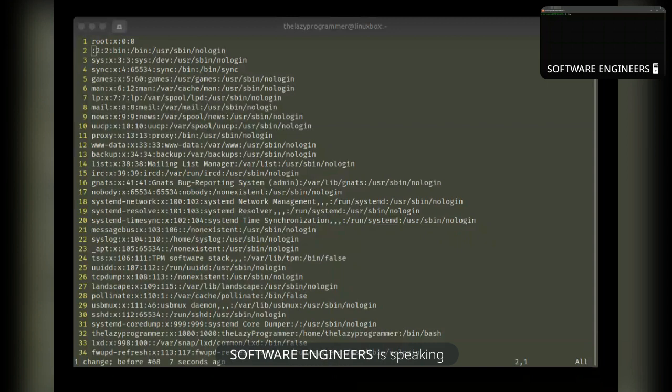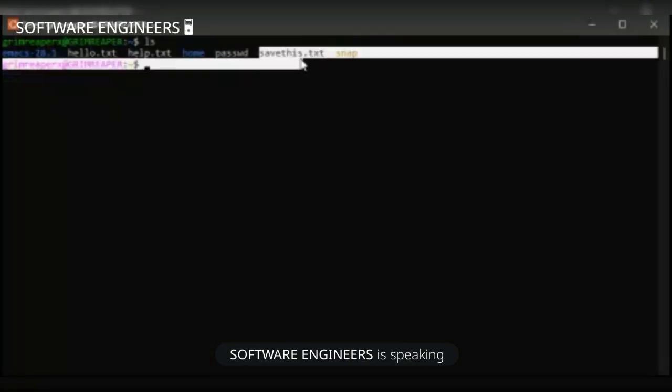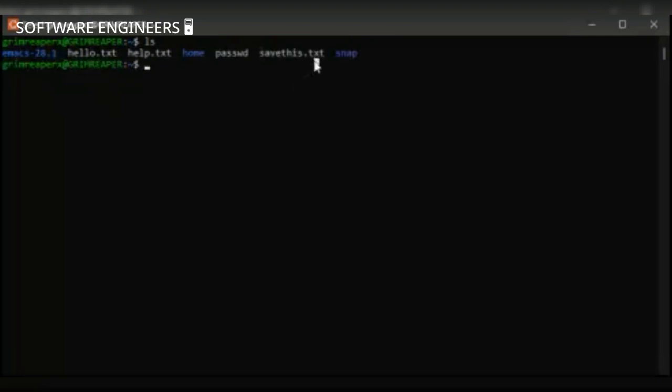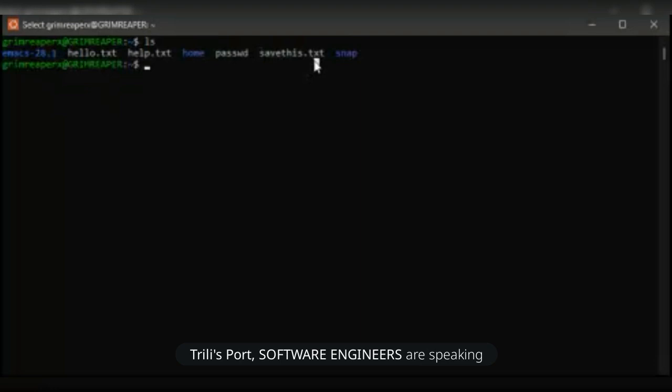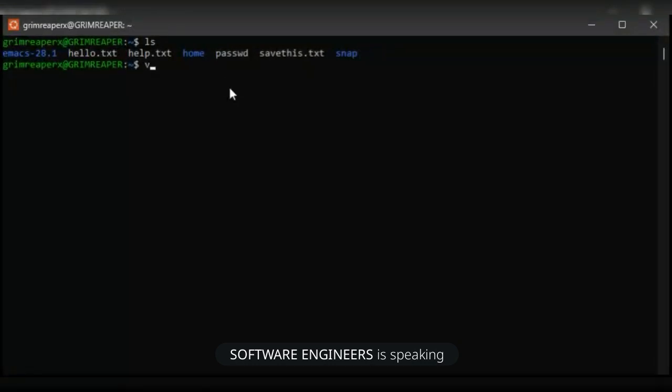Let me show you guys. Remember this file we created, save this.txt, when we created it using Vim, right? Remember it? Yes. Okay. So now, let's assume we want to work on this file. We want to continue to insert text inside the file. So we'll just simply say vim and then the name of the file, save this.txt,